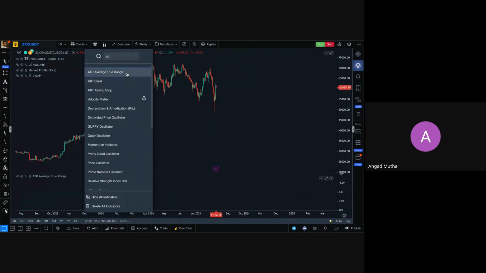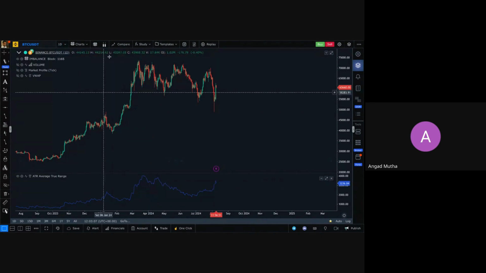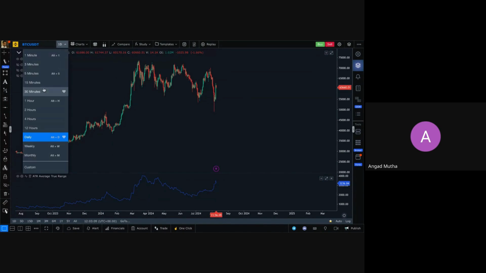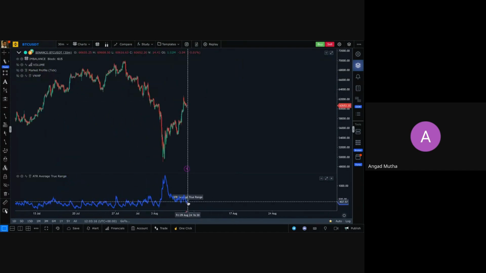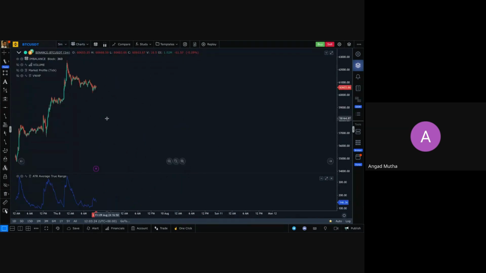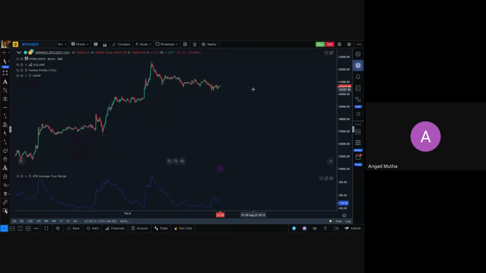Right. Sorry, we should do this on a 30-minute. If you look closely, the 30-minute ATR is around, or we should also do this on a trading time frame as well. Wait, let's do one by one. I'll show you all the other settings. So let's say it shows around 150, right? And if you go